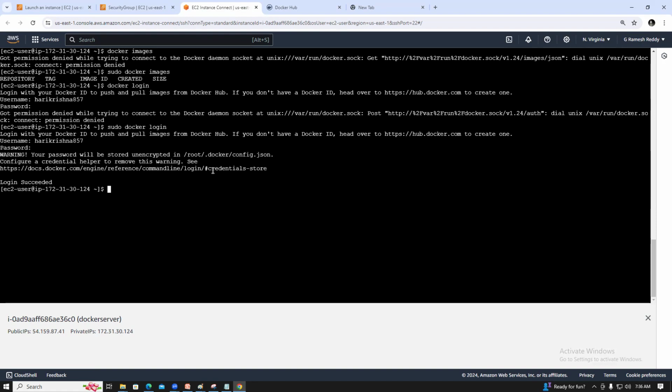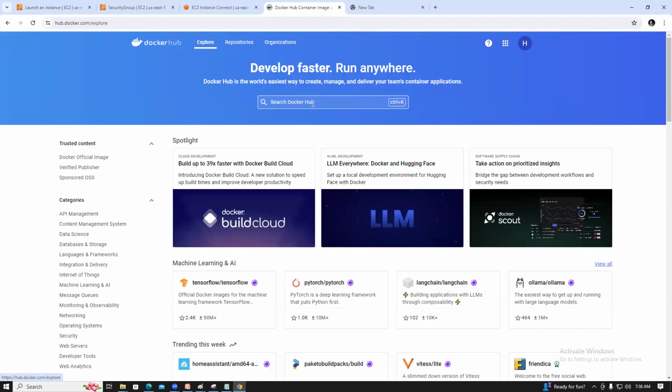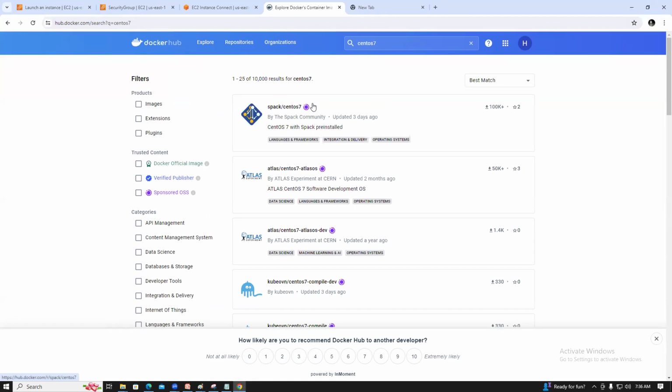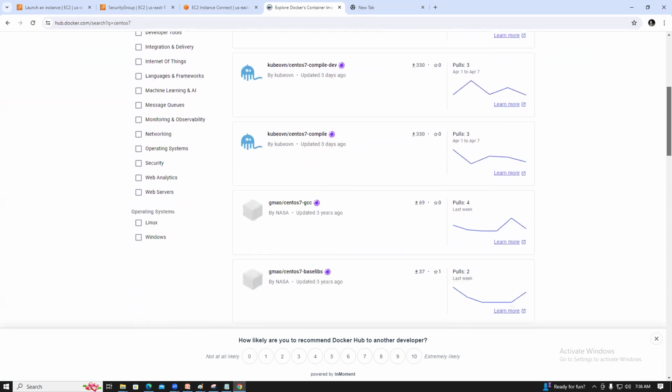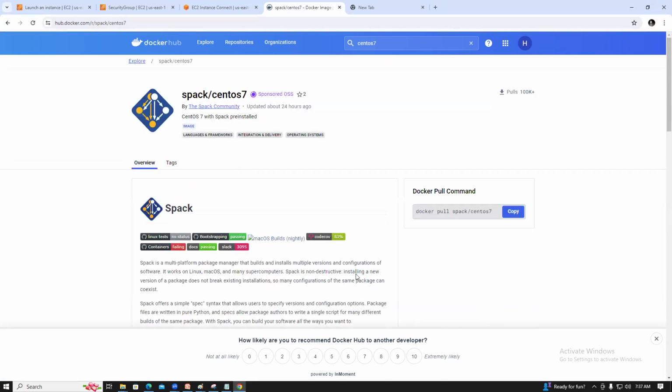Your login has succeeded, which means you are able to connect to the Docker Hub and you can pull images. For example, I'm getting the public CentOS 7 image. You guys see that? These are all community Docker images, and they are public. So I want to get this CentOS 7. If you click here,